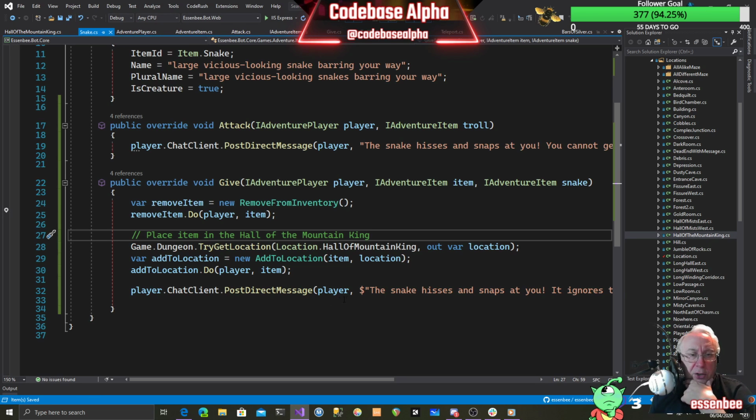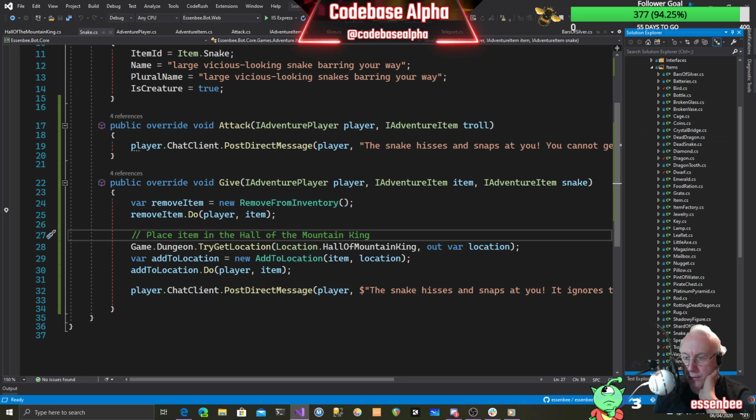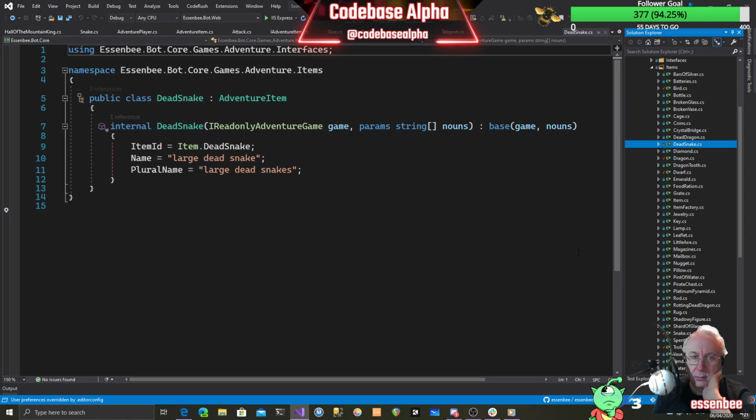This is an interaction on snake and not on dead snake. So when you kill the snake by whichever magical means you find, this will have swapped out the snake for a dead snake. So if you look over here in the items, we've got snake here. But over here we've got dead snake. Okay, well,